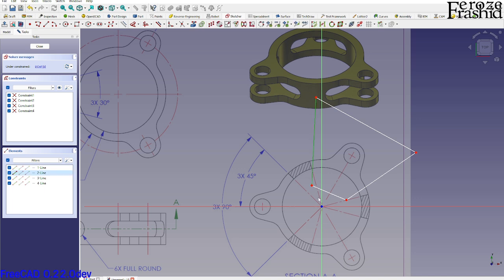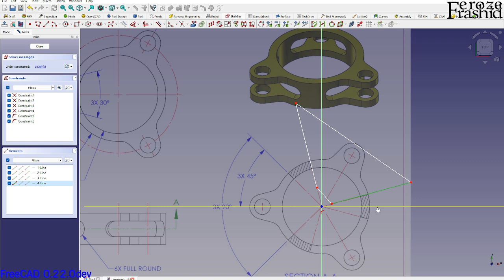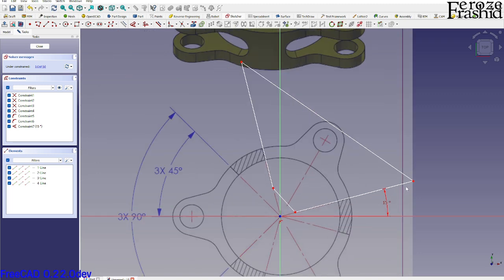Maybe I want to make it radial, so take this point and put it on that line, so that makes it radial. See, if it moves, it will be moving in a radial fashion. I want to make this one radial too, so this moves this way, because we'll need to move this round. Not this one though, this will be fixed. That looks like a 15-degree angle, so if we keep it fixed, and maybe